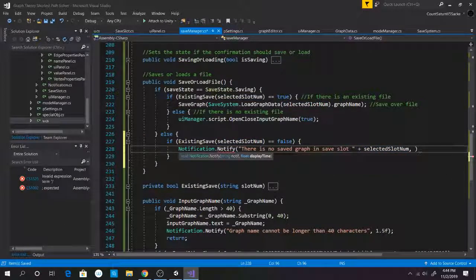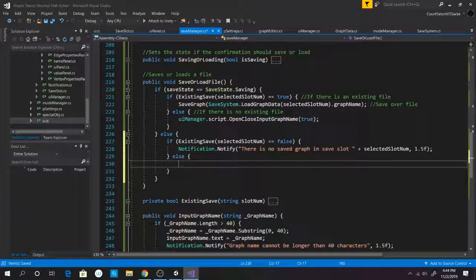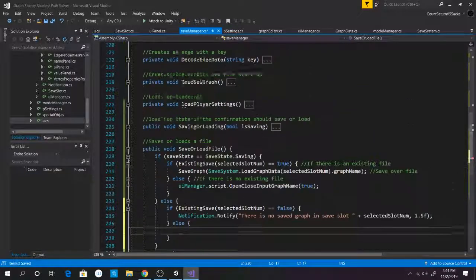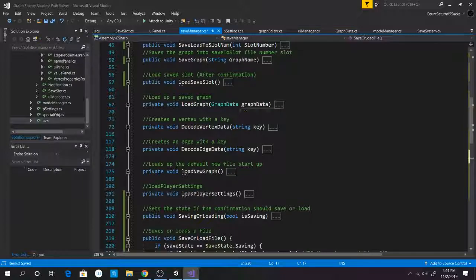We pass in a duration of 1.5 seconds. And else we want to do, what is it? Or we actually want to